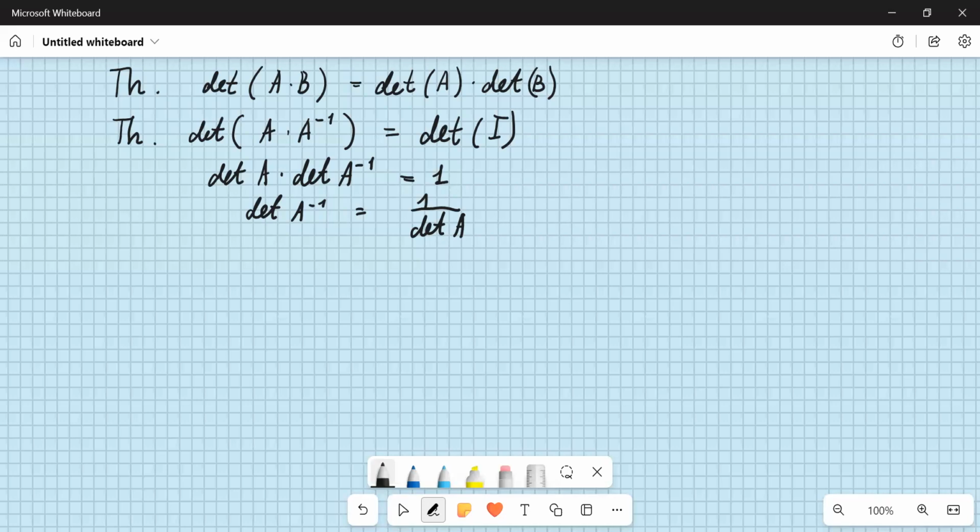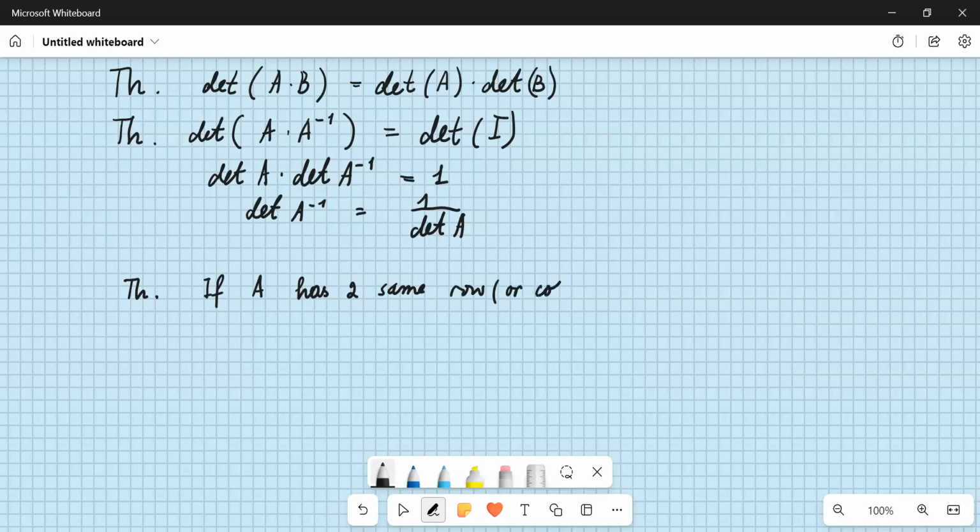The first fact, we learned that if a matrix has two same rows, the determinant is going to be equal to 0. Remember this? There was a theorem, I don't remember the number, but if A has two same rows or columns,